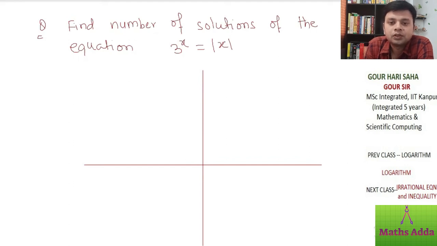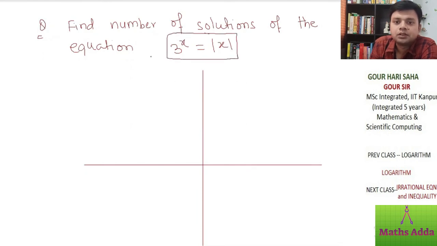First thing is we cannot solve this equation. This is an exponential term and this is algebraic, right? We have learned how to solve quadratic equations, which are algebraic. We learned how to solve logarithmic equations. So if it is one type of term in the equation, we can solve it. But right now it is exponential as well as algebraic. We cannot solve it. In such situations, they will not ask to find the solution. They will ask to find the number of solutions. This is a very favorite part of JEE.